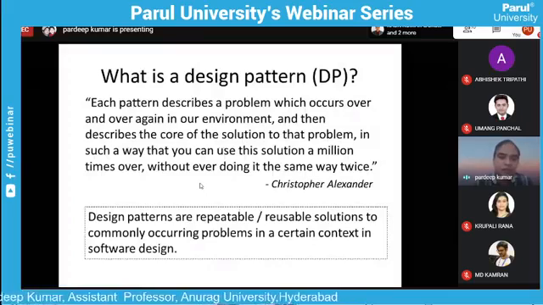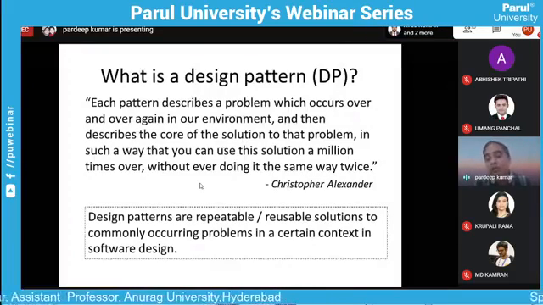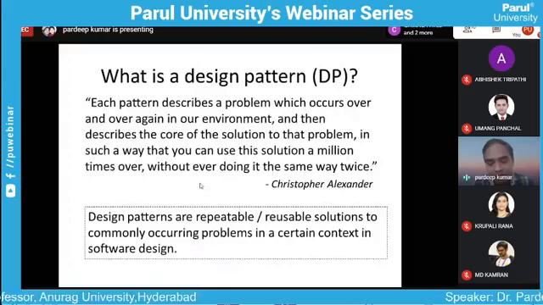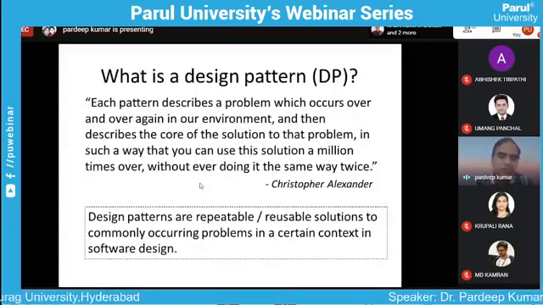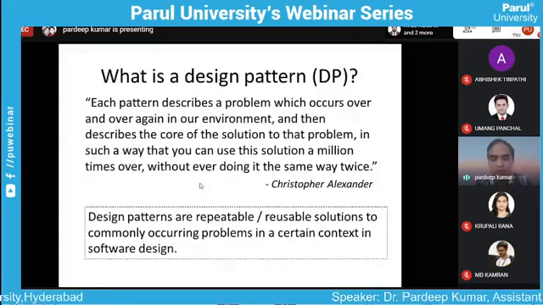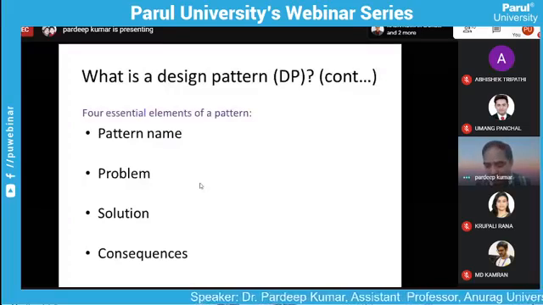Then, design patterns are repeatable or reusable solutions to commonly occurring problems in a certain context in software design. As I told you, these are reusable solutions, so any number of times they can be used for the problems which occur in software design. So here there are four essential elements of a pattern. First is the pattern name, then